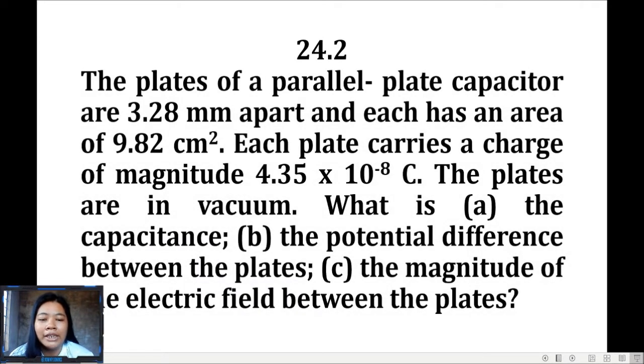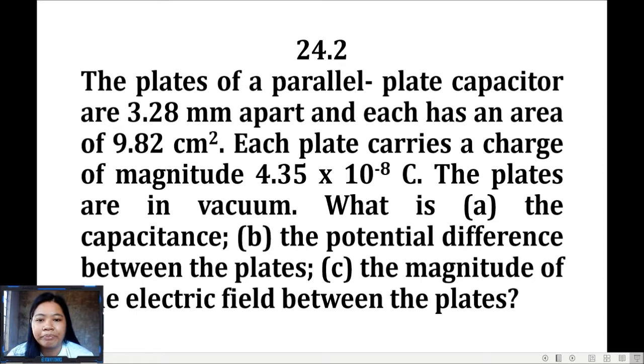The plates of a parallel plate capacitor are 3.28 millimeters apart and each has an area of 9.82 square centimeters. Each plate carries a charge of magnitude 4.35 times 10 raised to negative 8 coulomb. The plates are in vacuum. What is A, the capacitance, B, the potential difference between the plates, and C, the magnitude of the electric field